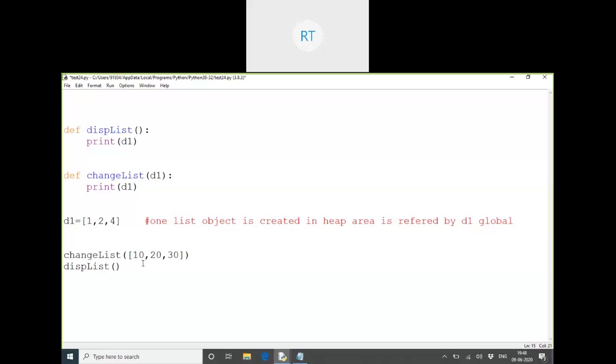What is this right now? New 10, 20, 30. I've put it in which symbol? List brackets. So that means a new list, no? This is a totally new list object with which values? Okay, this is an object. Do I have any name for this list right now? Is it a direct constant list? Is it D1? No, not like that. It will be passed as D1, not initialized as D1. No, not like that.